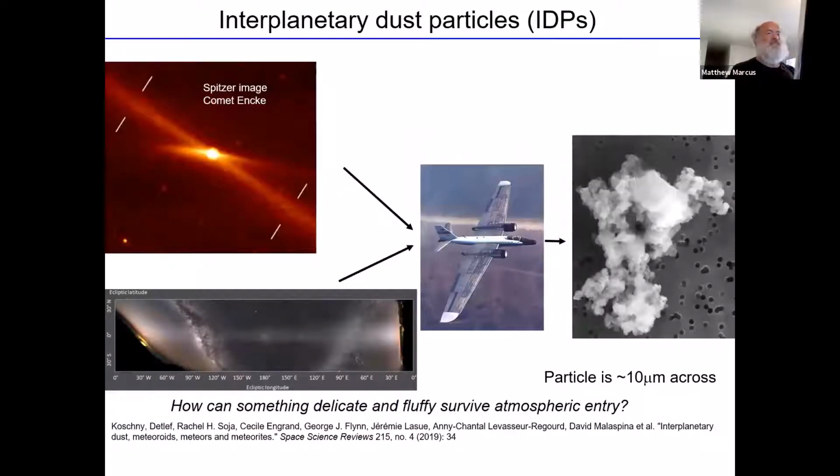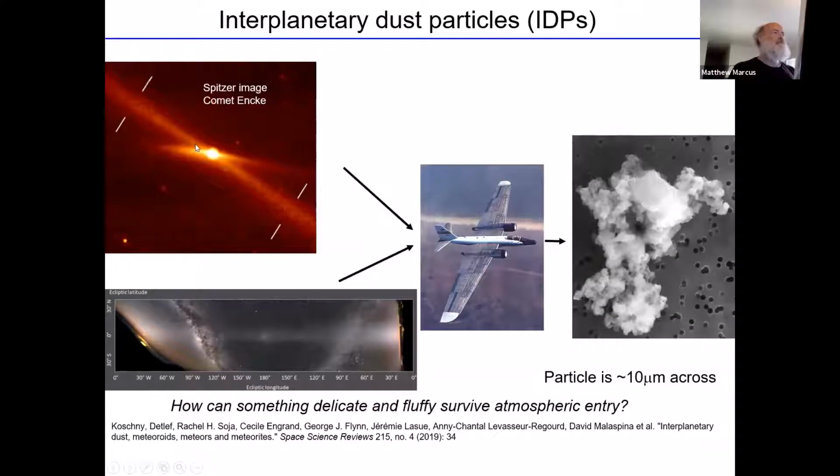The first class of materials we'll be looking at is interplanetary dust particles, IDPs. These are small bits of stuff that float around in the solar system and enter our atmosphere. Because they're so small and fluffy, they don't get burned up. Instead they float around in the stratosphere and can be collected on plates coated with silicone oil carried